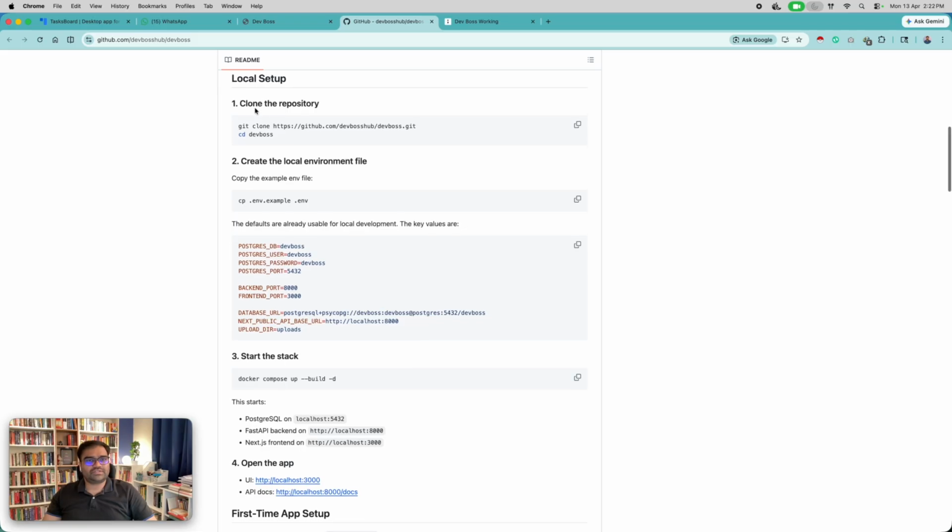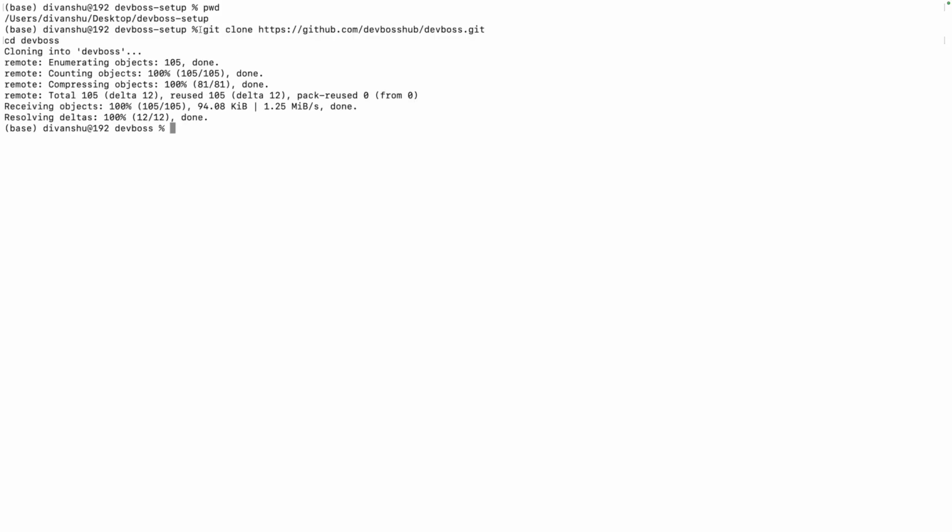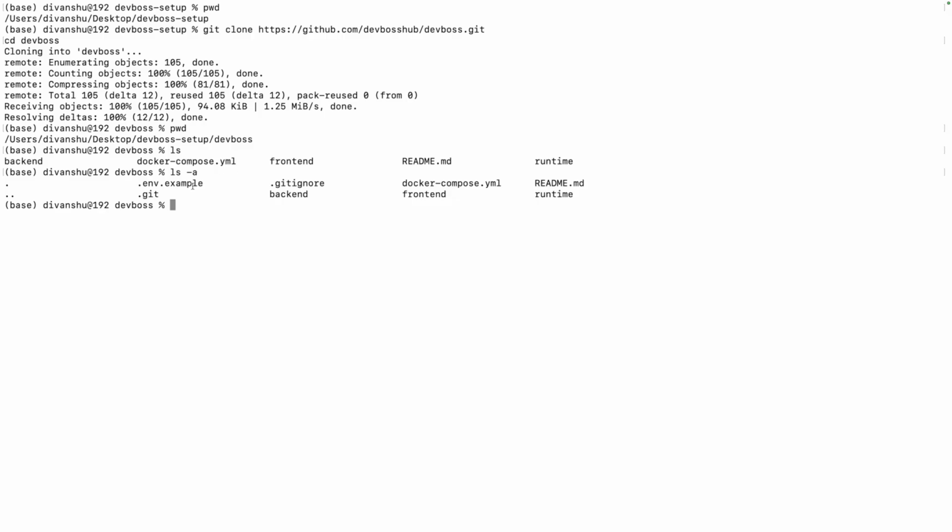So what I'll do is I'll clone this repo. So let's begin. Here I have created a directory on desktop. I'll just paste the commands here. So it will clone the repo. And if I do pwd, now I am in this folder. If I do ls, I have all the files of the repo, and I have this